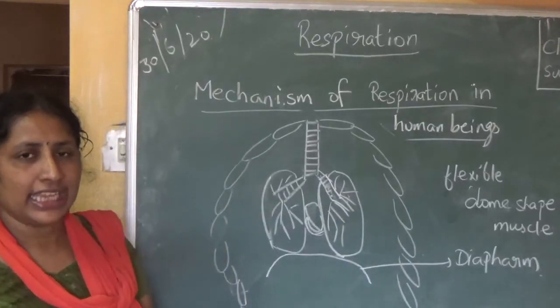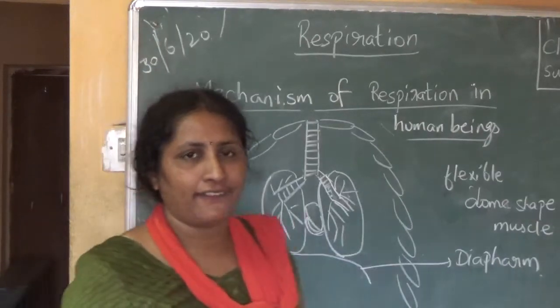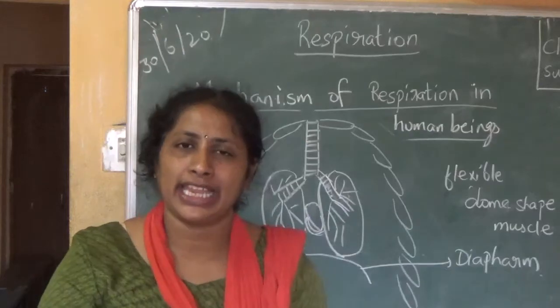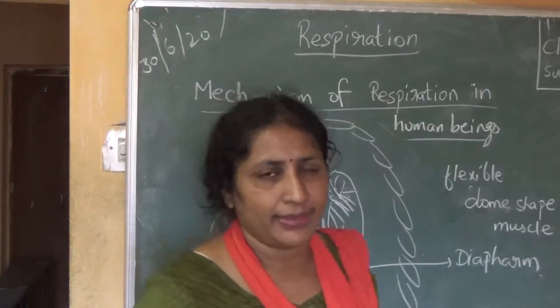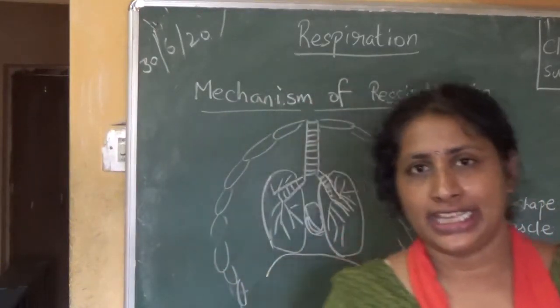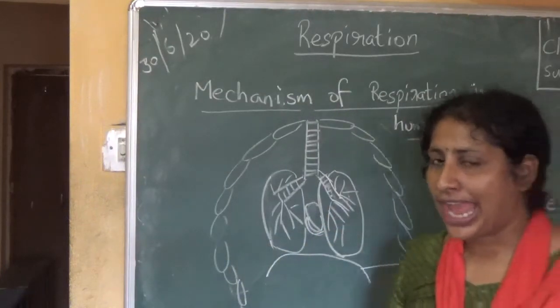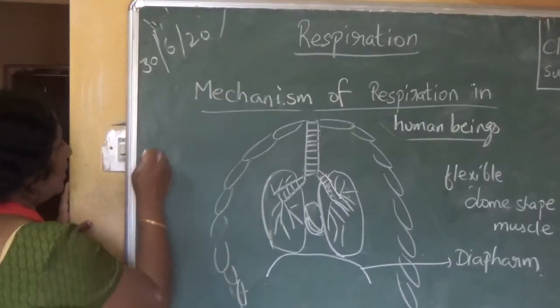Floor means base, at the base of the lungs. So how is this diaphragm helping for inhalation? Diaphragm is helping for inhalation and exhalation. How is this diaphragm helping for inhalation and exhalation? While inhalation, means while breathing in, the diaphragm